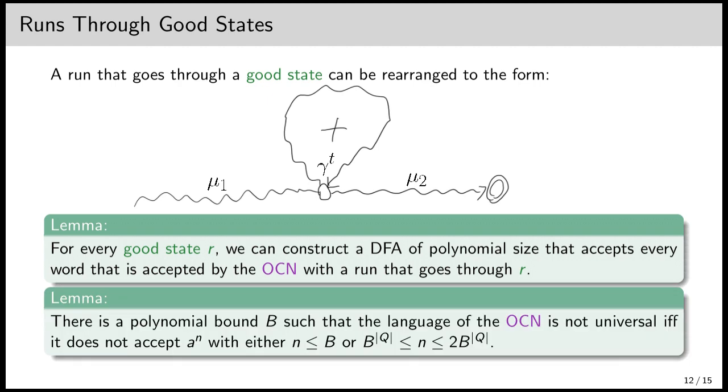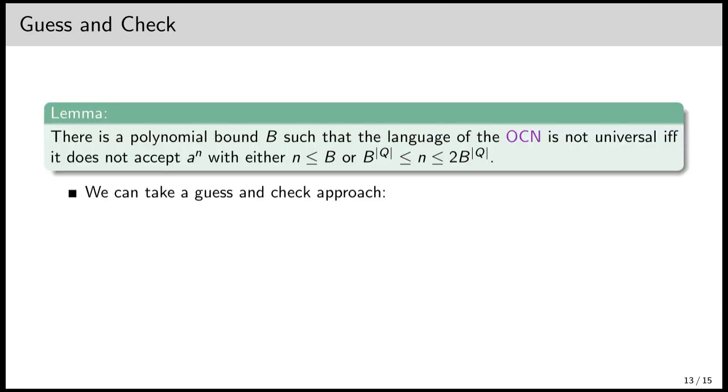There exists a polynomial bound B, again polynomial in the description of the transitions and the number of states, such that the language of the OCN is not universal if and only if it does not accept a word of length n, such that either n is at most B, or n is between B to the q and 2B to the q. The idea behind this is that DFAs over a unary alphabet are lasso-shaped, so either a short word is not accepted by all of the DFAs in their finite prefix, or a long word is not accepted by all the DFAs in their loop part, and we obtain the bound by reasoning about the loop length of the DFAs. This allows us to take a guess and check approach,